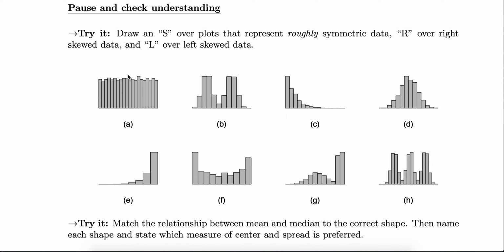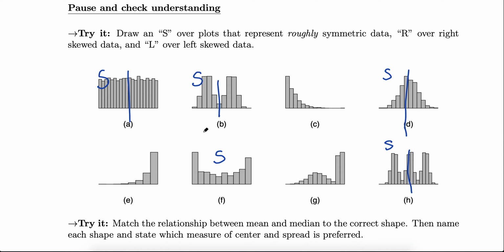So in this case, S is for all the plots that are roughly symmetric. So remember, symmetric just means you can divide it left and right and they'll be basically the same. So the first one and the second one, and part F and part D and H, those all look pretty symmetric to me. You could imagine drawing a line down the middle of any of these and the left and right matching up